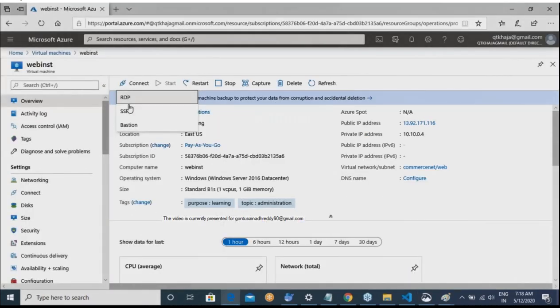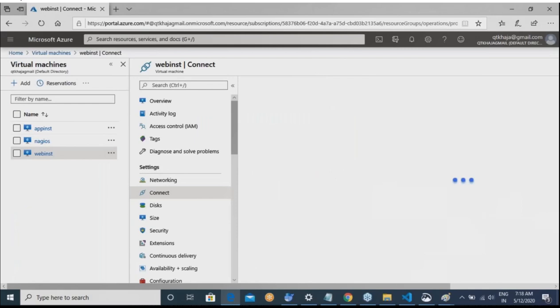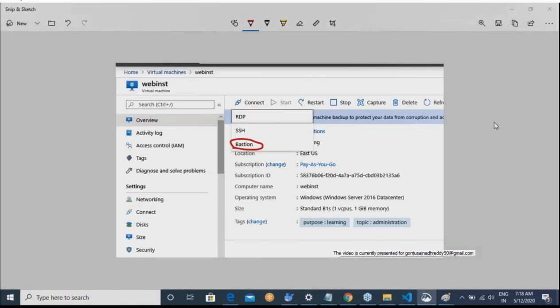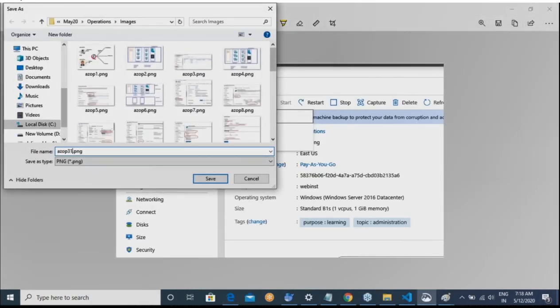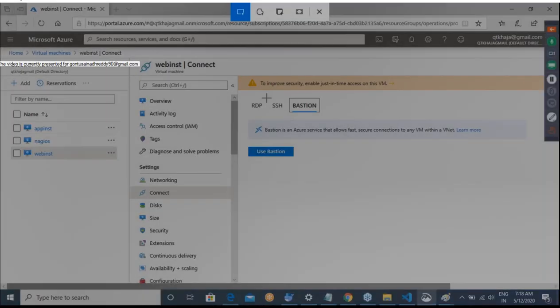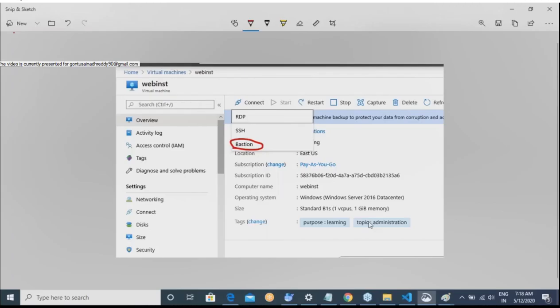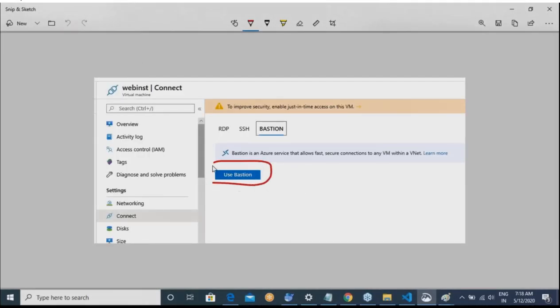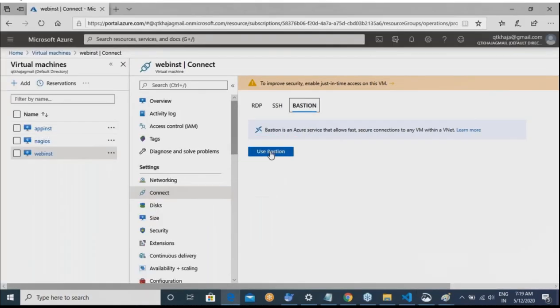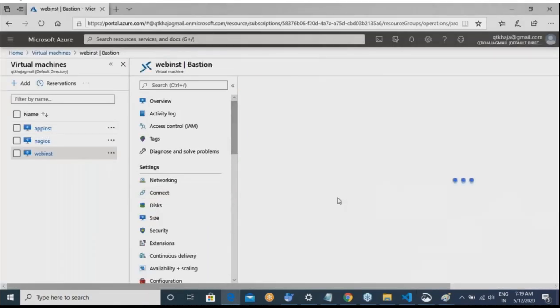Let me click on this third option. This is not very widely used, but we should know it. This is a new thing that has come in Azure. Click on use Bastion.